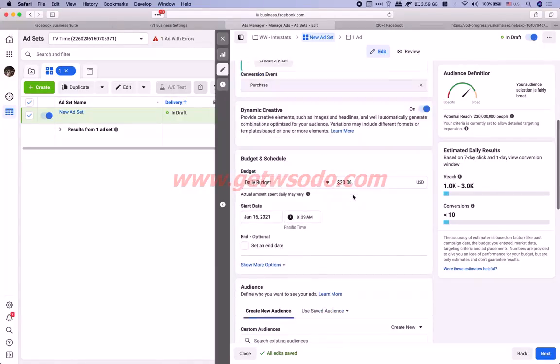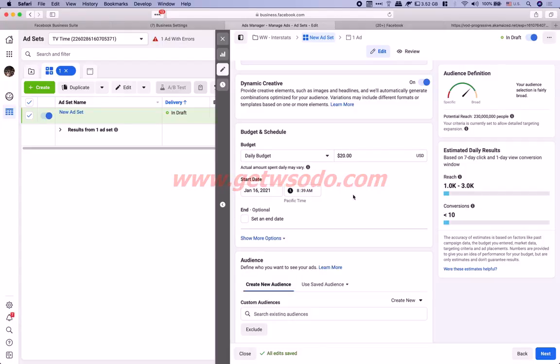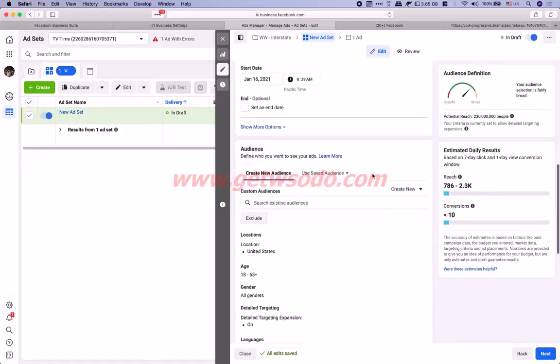The next step is the budget. For the budget, usually I start with $20 or 25, and sometimes I put 40 or 45 bucks per ad set. You can start with 20. You can even start with 10 or 15, but it's not going to get enough data. Sometimes it does, but in most cases it doesn't. So I'd recommend the lowest you start is 15 bucks. So start with 15 bucks per day, daily budget,